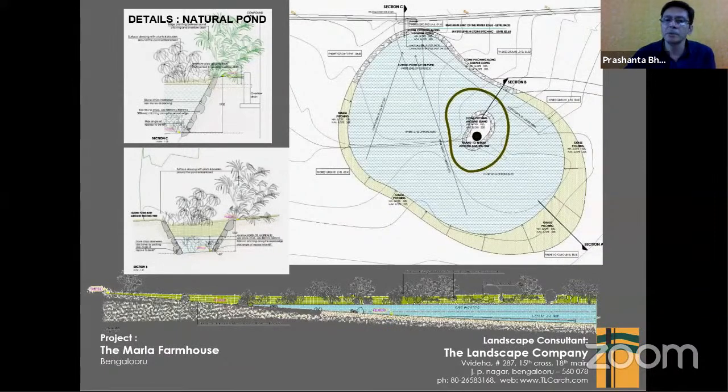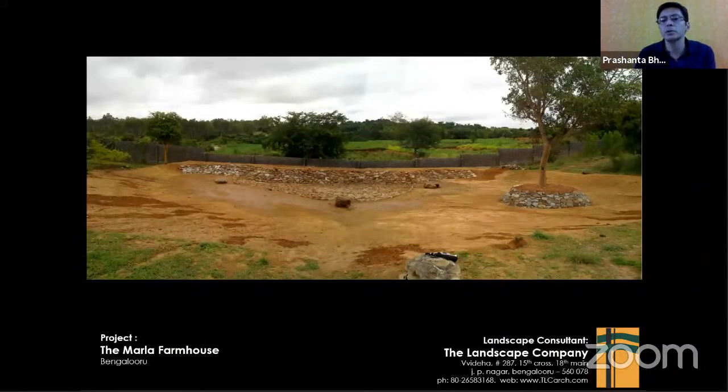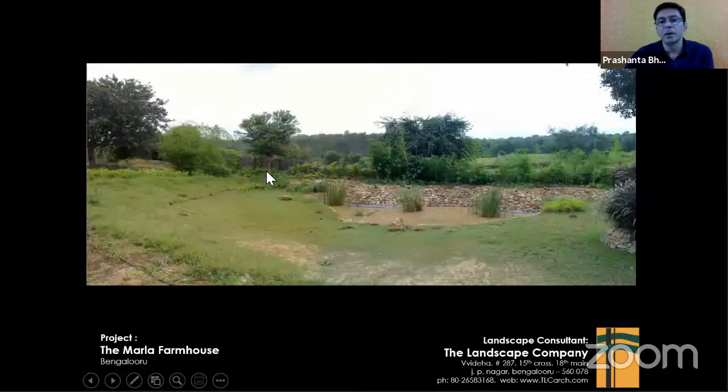And it might not be beautiful, but this is what it looks like when it's dry. But this is, of course, during construction. And we built it in the low-lying area and started developing it over time. And this is what it looked like once we had kind of figured out how.